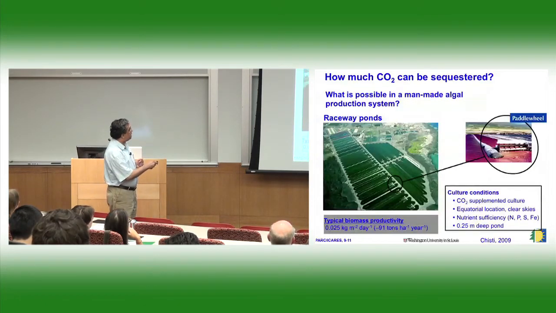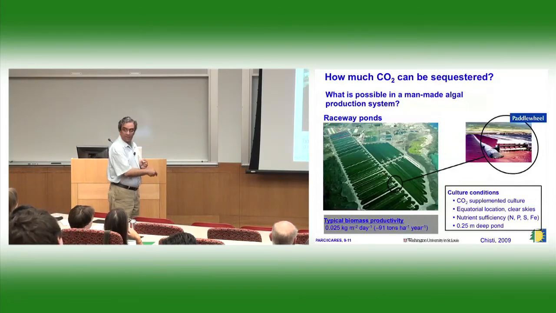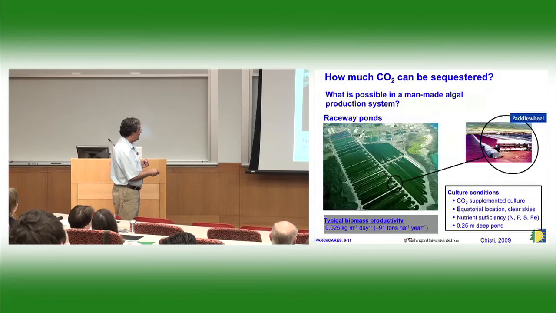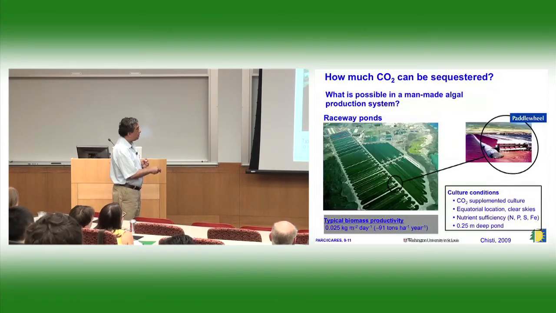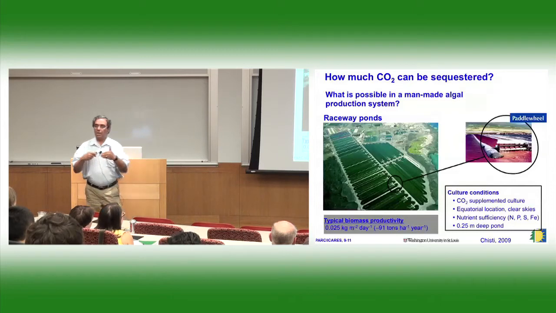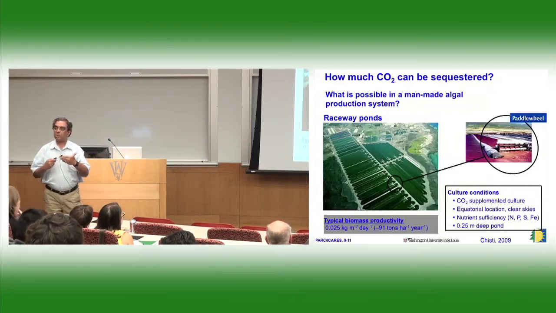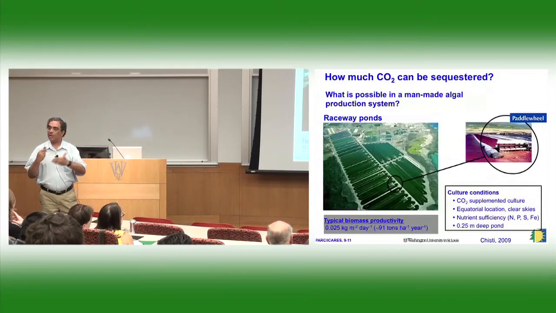In an open, man-made algal production system, raceway ponds, the typical biomass productivity, here are the numbers: 25 grams per meter square per day. And let's walk through these calculations so that we understand what it will take to sequester all the CO2